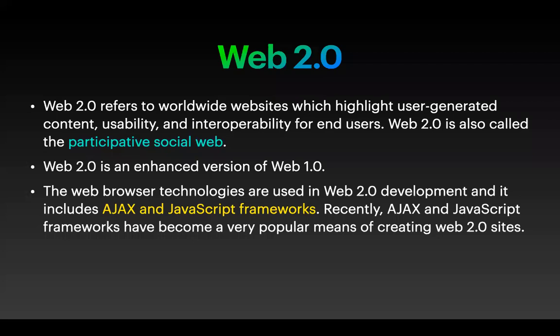Basically, Web 2.0 was called the participative web, the social web, and most of the concentration was on front end development. As you can see with Facebook, LinkedIn and other platforms, the major concentration was on the front end. From 1999 to 2005, there was a lot of advancement and a lot of frameworks came into the picture. JavaScript frameworks, React, Angular, Flutter. Most of the advancement happened with the front end.